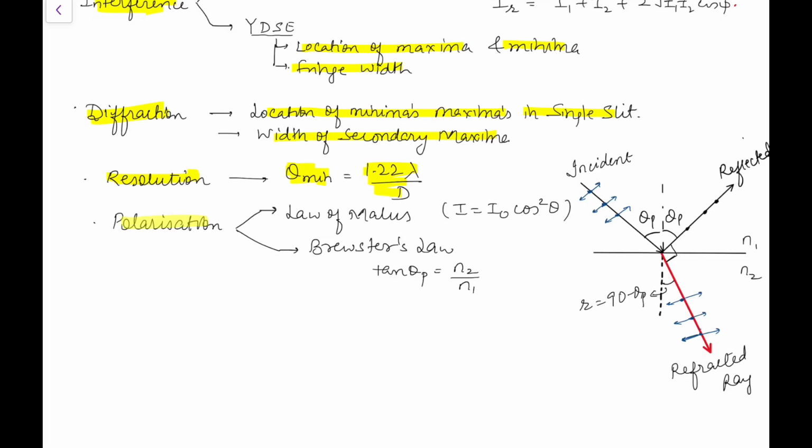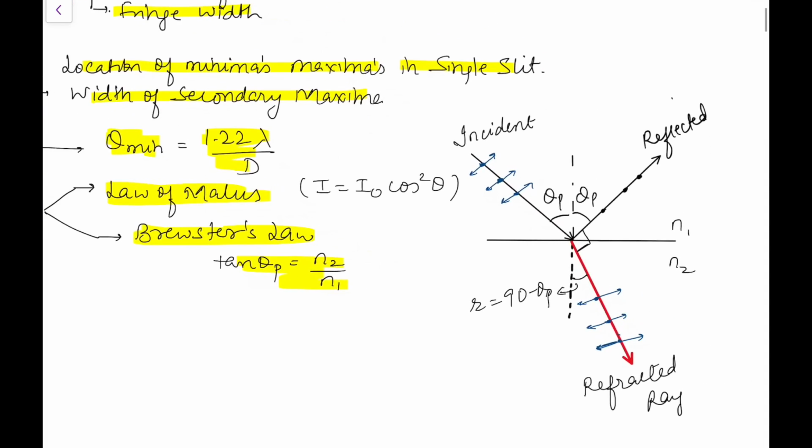Now polarization. In polarization, two things are important. First, the law of Malus and the equation based on that, polarizing sheets, angles, variation, and Brewster's law, which is tan theta p is n2 by n1. Just remember this diagram for Brewster's law. When the reflected and refracted rays are at 90 degrees, the reflected ray is completely polarized, and note the direction of vibration. This is important. The direction of polarization must also be known. Just remember this figure, it will help you out. So these were the checkpoints.